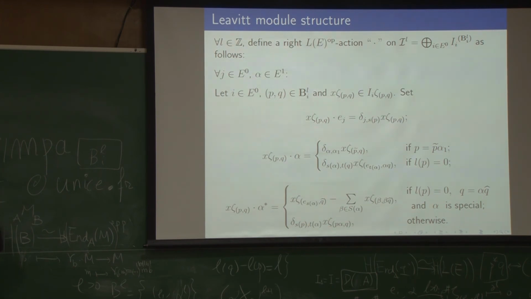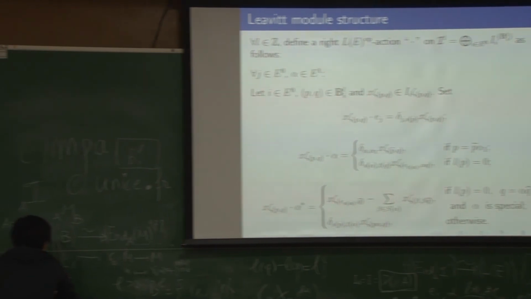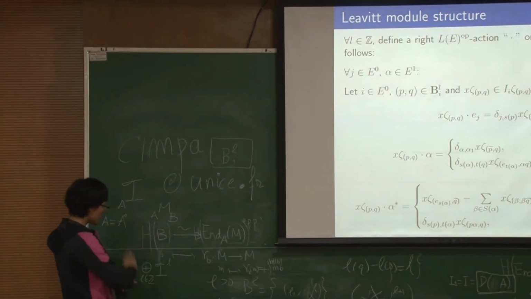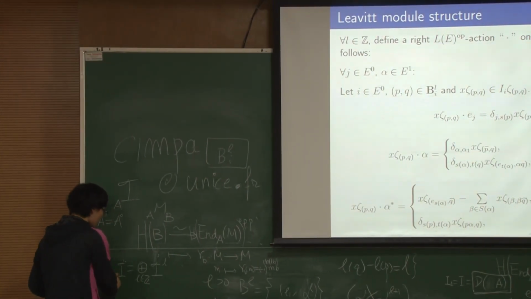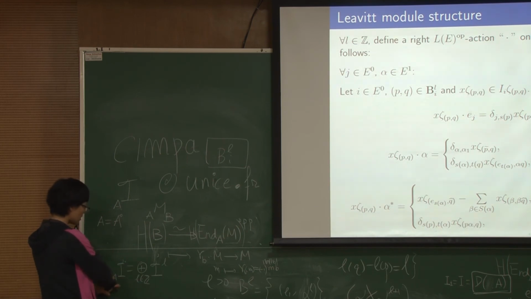In fact, we can consider it as a DG A-module, because here we consider this algebra A as concentrated in degree 0. Then this complex can be considered as a DG module, because we put the components together. Then we can check that it is a left